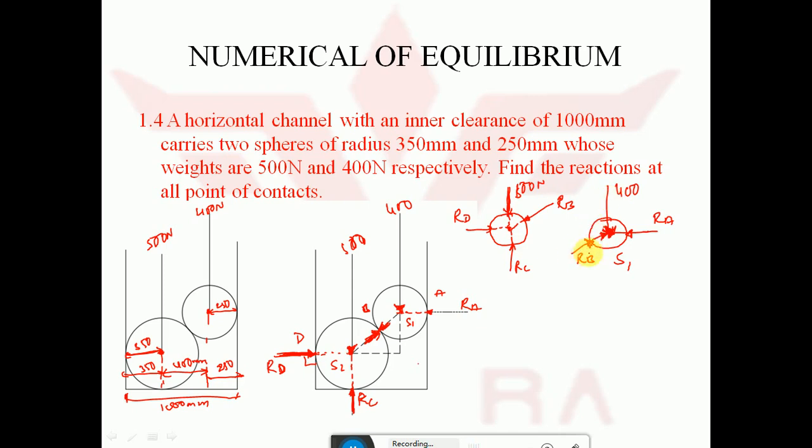If I resolve this force vertically and horizontally and take the vertical component as 0, that is equilibrium. For equilibrium, the conditions are summation of vertical is 0, summation of horizontal is 0, summation of moments is equal to 0, right? If I apply the summation of vertical as 0, I will get the value of RB. If I apply the summation of horizontal, I will get the value of RA. So it is better to choose S1 and then go for the solution.